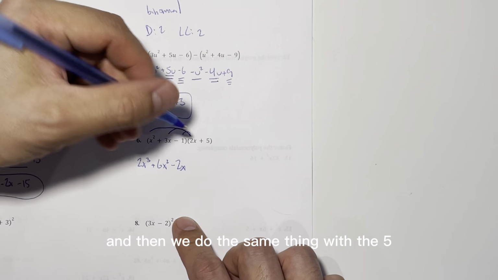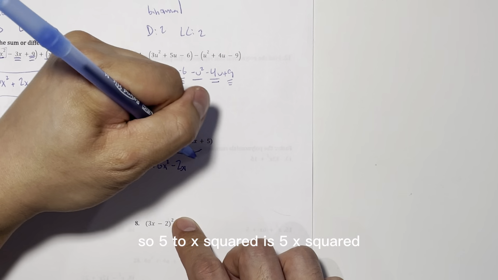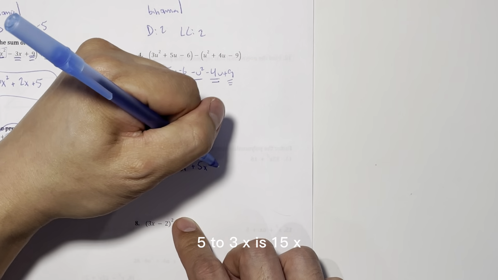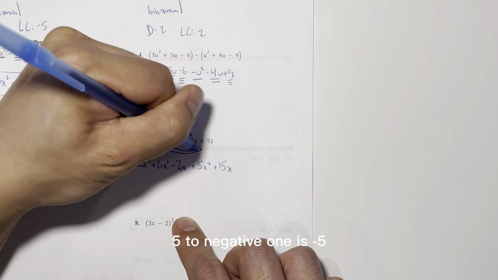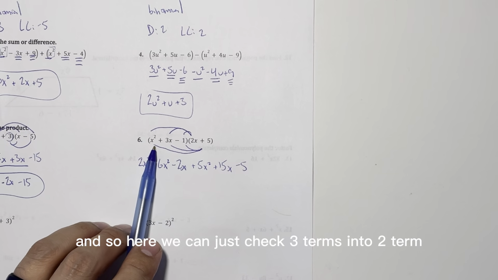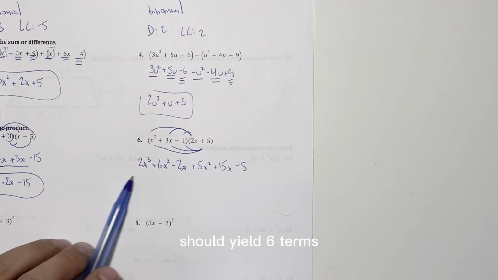And then we do the same thing with the 5. So 5 to x squared is 5x squared. 5 to 3x is 15x. 5 to negative 1 is negative 5. And so here we can just check: 3 terms into 2 terms should yield 6 terms, and then we just